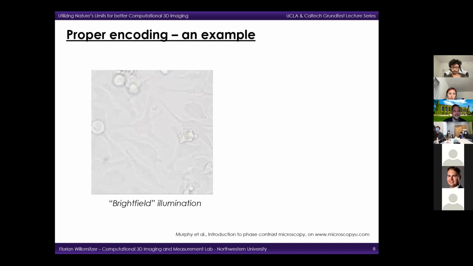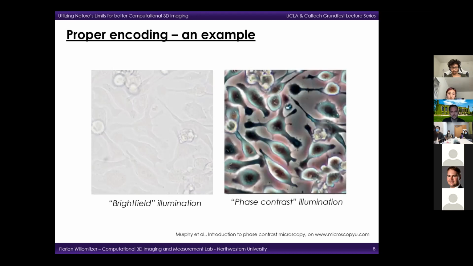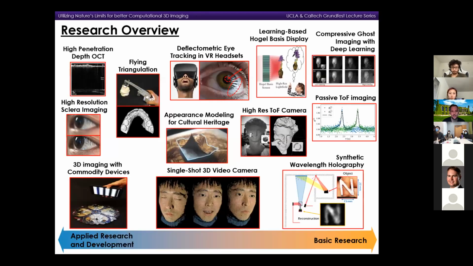Yeah, and the magic of illumination encoding is now that if you observe the same object with the same camera and just slightly change the illumination encoder, then you can actually go from this image to this image. Wow. So what do we learn from that? We learn that choosing your illumination modality wisely can obviously lead to very powerful improvements. And these improvements will be also important for the further processing of your image and for the decoding. Yeah? And this insight actually plays a very important part in my research as well.